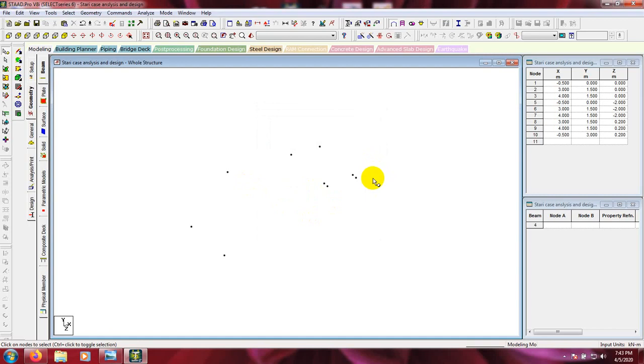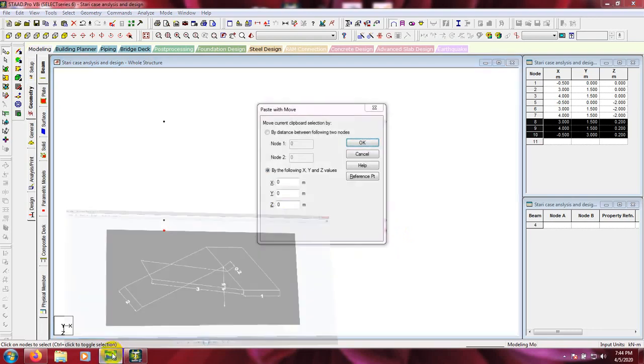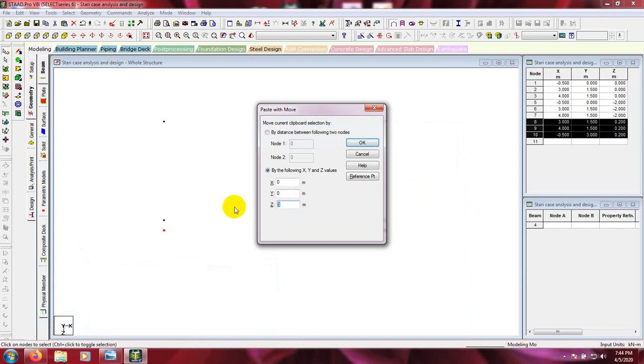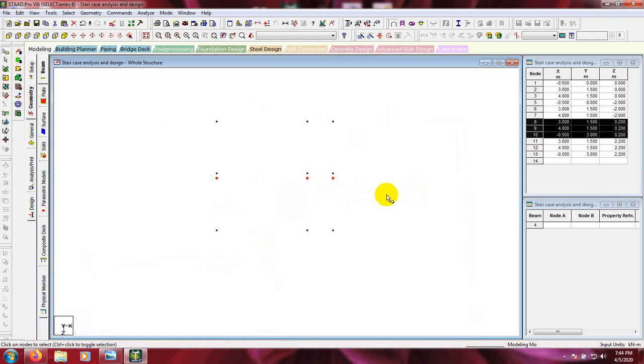After that, if we go from positive Y, here we're saying that we'll only select those 3 nodes and we'll copy that, then Ctrl plus V, and we'll draw that step, that point, and that point. So it will also be 2 meter away. So in the positive Z direction, 2 meter, press OK. Okay, you are seeing that we have drawn